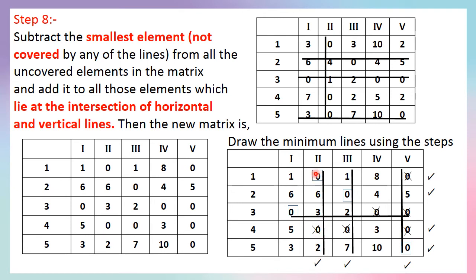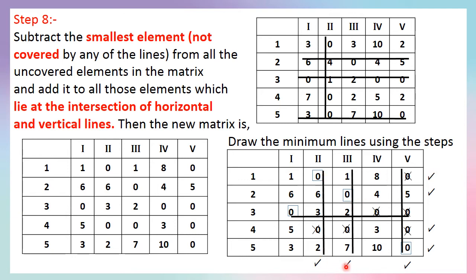This 0 is in the second column, so we put a tick here, and this 0 is in the third column, so put a tick here, and this 0 is in the fifth column, so we have to put a tick mark in the fifth column also. After ticking the columns, we observe the columns and see whether any assignment is done. Here in the first row there is one assignment in that respective column, so we have to put a tick mark in that respective row where the assignment is.